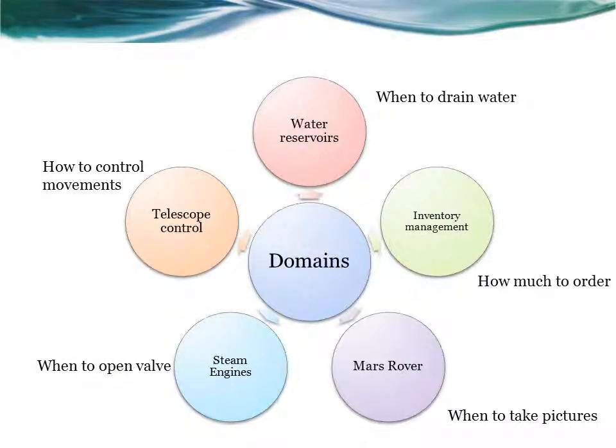So what problems or what domains is this applicable in? Well, any real-world problem that has uncertainty in it. For example, in the operations research literature, water reservoirs, we want to see how much water and when to drain this water so that we avoid flooding while at the same time producing energy. Or in the inventory management control problem, we want to see how much of a specific item in the inventory to order to reduce the costs of the inventory while at the same time being able to respond to customer demands.